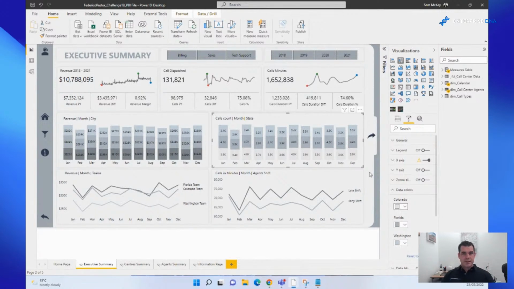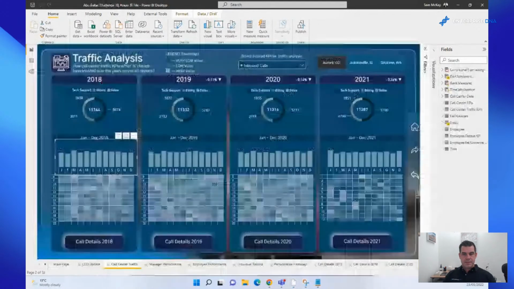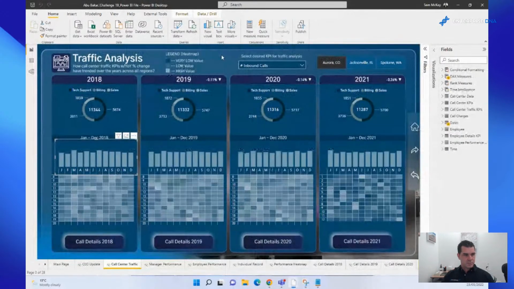I would say this is consistent with the vast majority of really high quality submissions: the consistent use of colors. So this is sort of an aqua or a bluey greeny color. Again, the colors are all relatively the same, there's no huge variation.